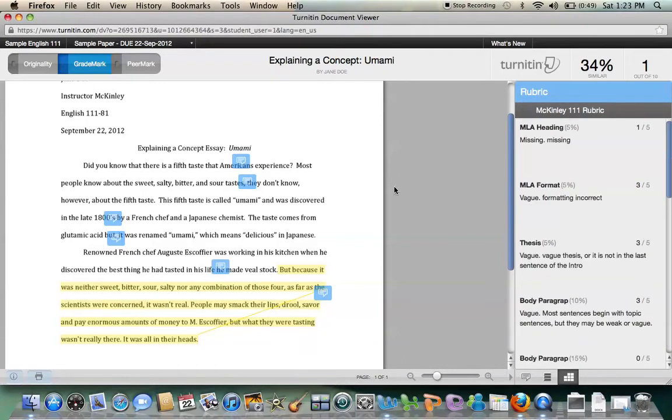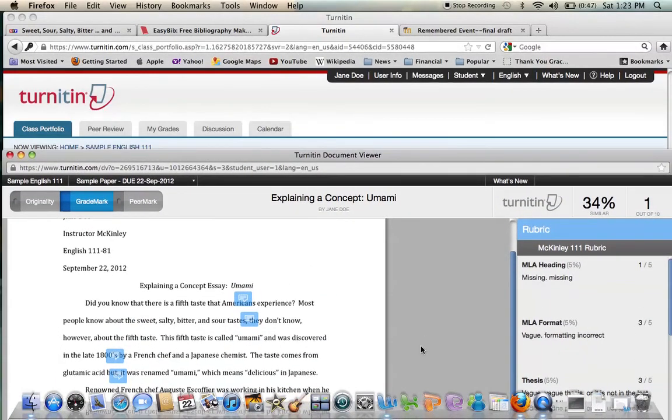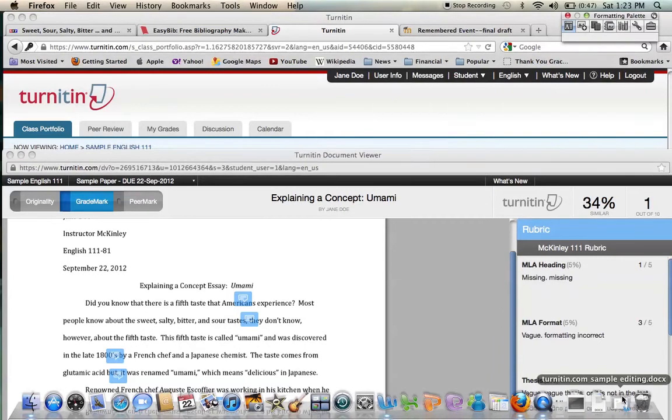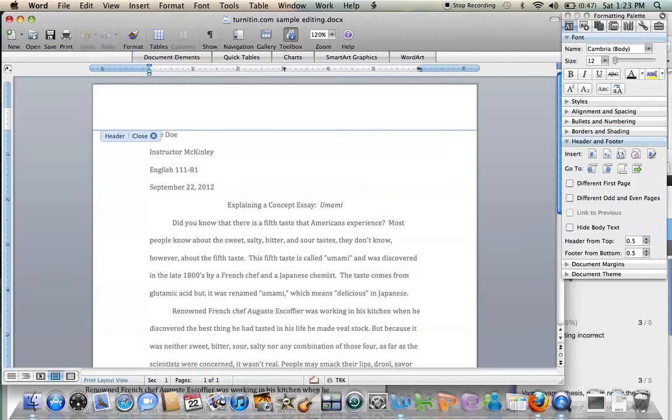From here, I wanted to go ahead and show you how to make repairs to this paper using Microsoft Word. So we're just going to fix this paper really quickly just so you could see some editing changes. If you go back to your paper, in this case Jane Doe's, we want to go ahead and make the changes that I suggested. So first of all, you want to make sure that you insert a header,